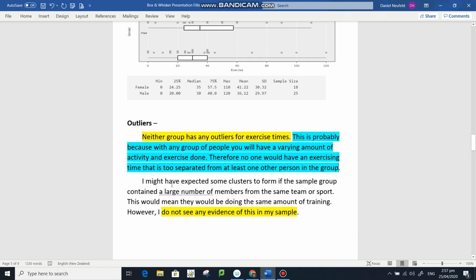Again, I'm interpreting different things about them. Here I said why there were no clusters. Well, if there was a cluster, one way it could have happened is if you had something